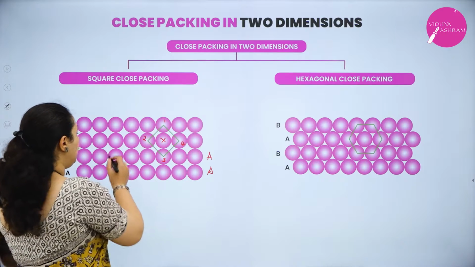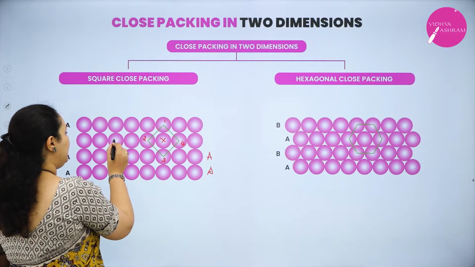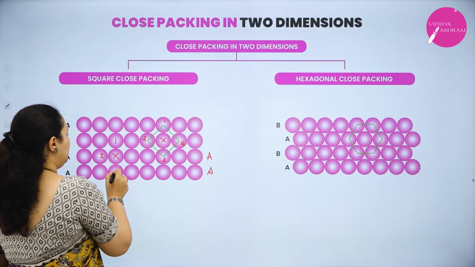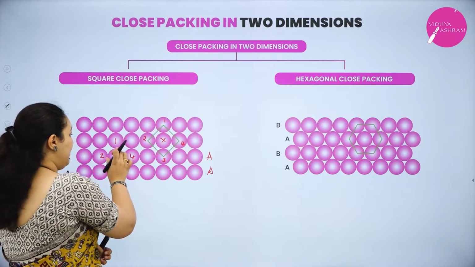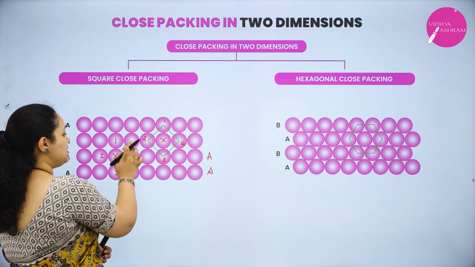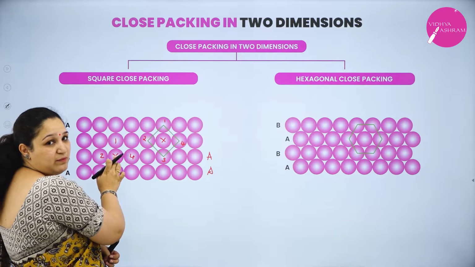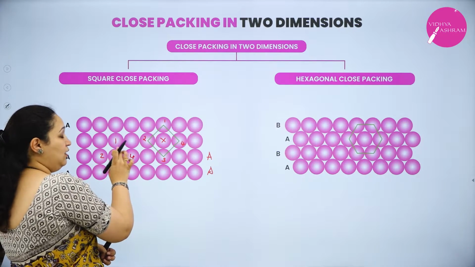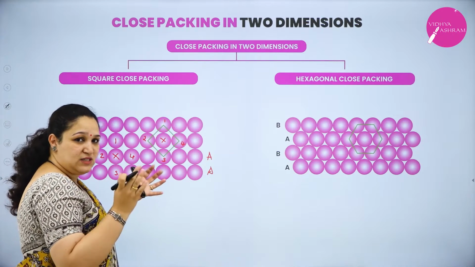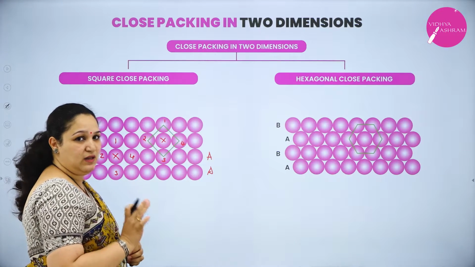So, if I take any particle here, for example, this particle if I take, they also have got 1, 2, 3, 4. That is the particles which are touching these particles. I cannot consider this because that is not touching the particle which I am counting the coordination number for. The particles which are touching one another, just closest neighbors only we can consider.